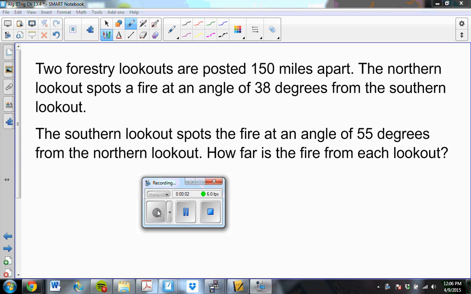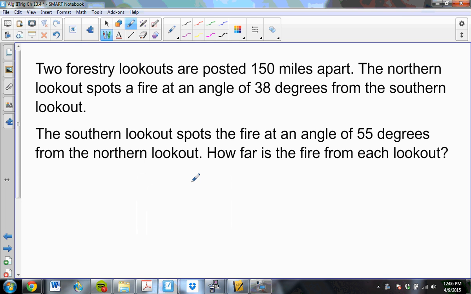We'll just go through some trig word problems here to get a feel of how to do these. All these problems come down to drawing triangles and trying to make sense of them. It says two forestry lookouts are posted 150 miles apart. The northern lookout spots a fire at an angle of 38 degrees from the southern lookout, meaning there's a forestry